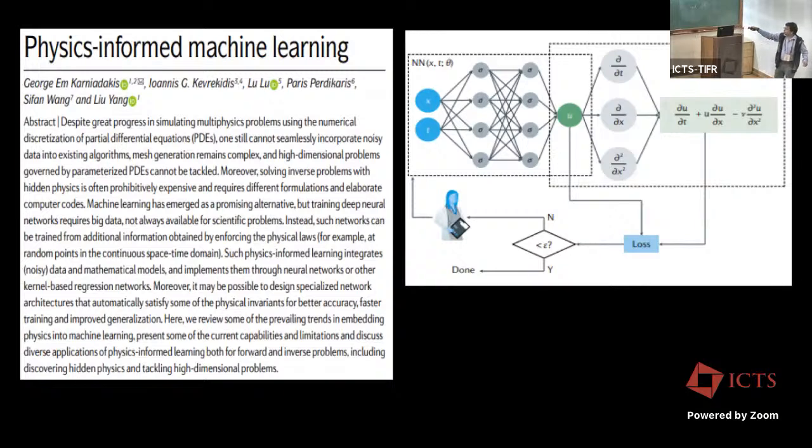Both of these losses are simultaneously minimized: you choose the weights in such a way that this part becomes as close to 0 as possible, and this u also comes as close to the observations as possible. That is the whole idea of physics informed machine learning,